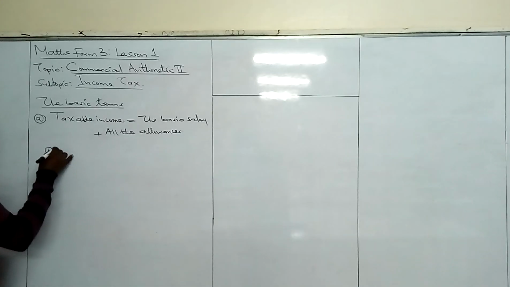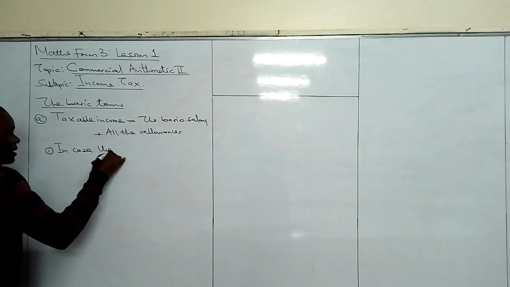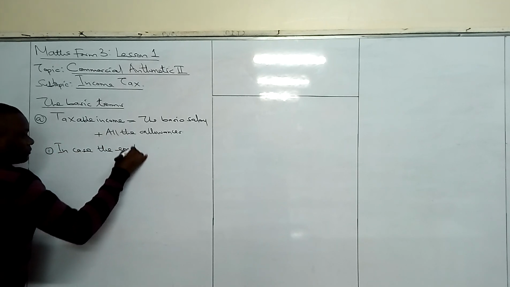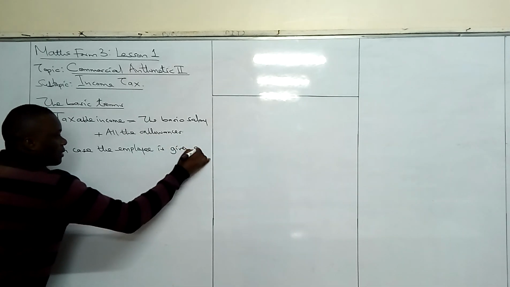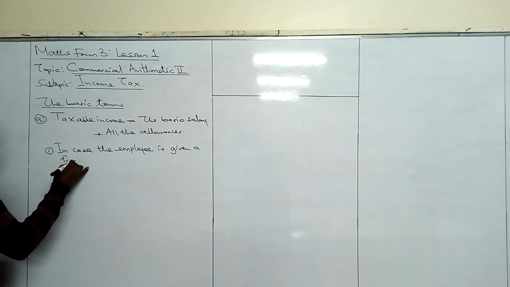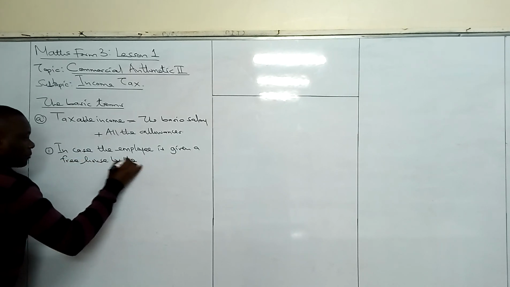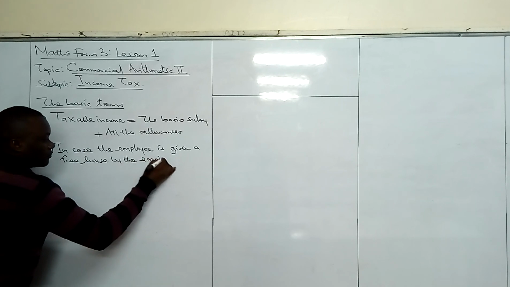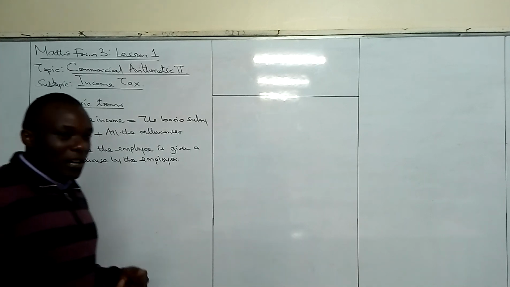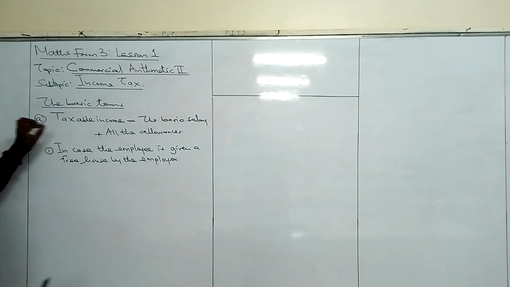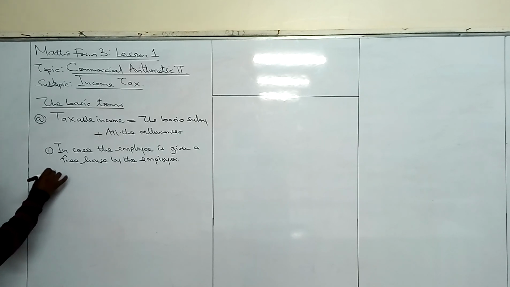So we will say, in case the employee is given a free house by the employer. So in case an employee is given a free house by the employer, the way we will determine taxable income changes. So in this case we will say taxable income